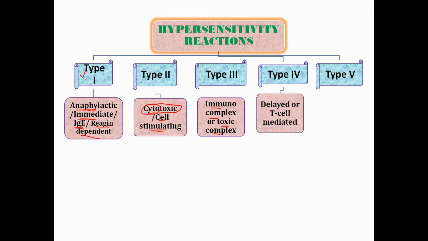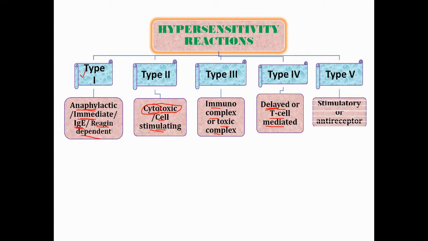Coming to the type 4 hypersensitivity reaction, the type 4 is also known as the delayed. If you look at the previous slide, as we discussed, the hypersensitivity reactions based on the time required are of immediate and delayed types. Out of all these 5, type 4 is the delayed one because more time is required to show the chemical reactions on the body. Therefore, it is also known as the delayed hypersensitivity reaction. As the type 4 is mediated by the T lymphocytes, it is known as T cell mediated hypersensitivity.